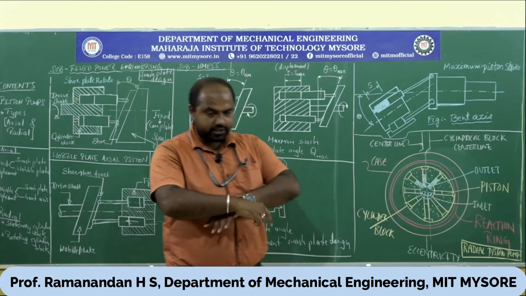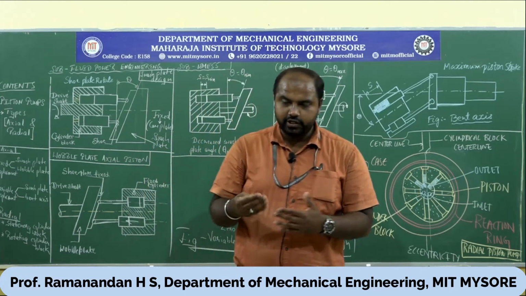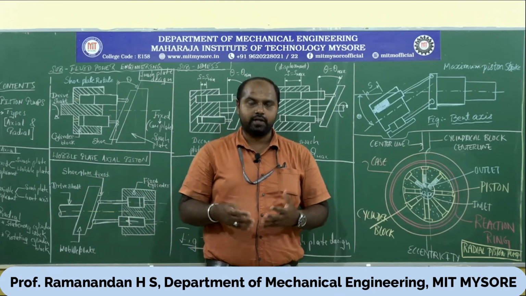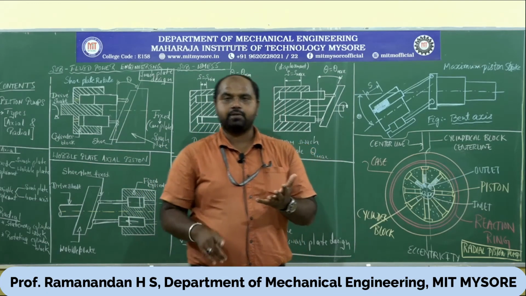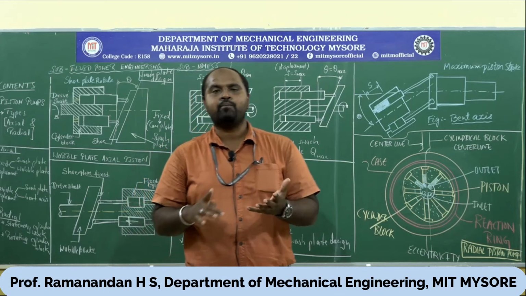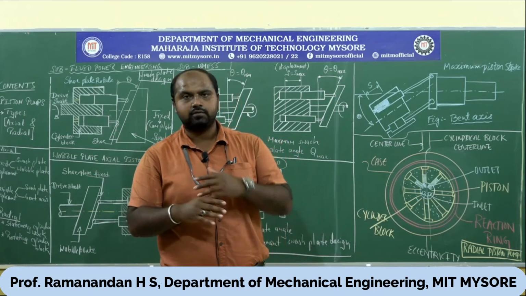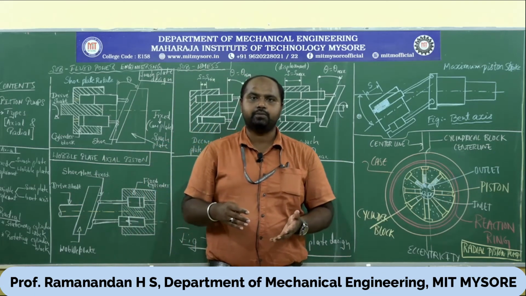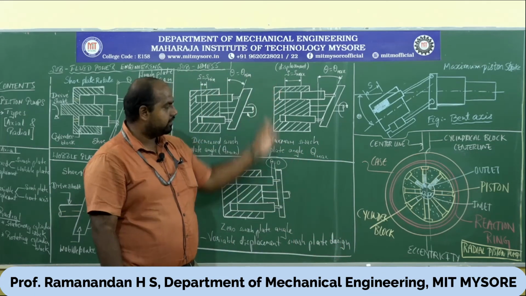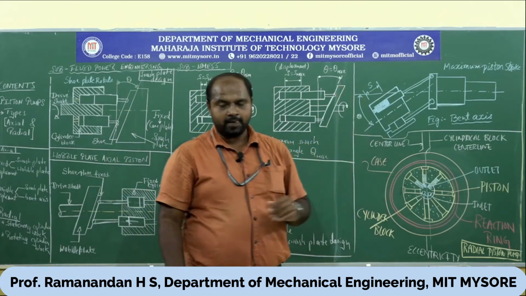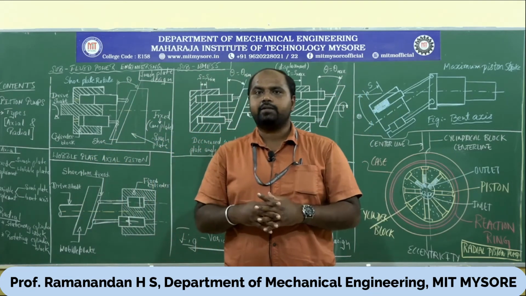These are usually the few cases of axial piston pumps that we obtain. I repeat, axial piston pumps are of two types: fixed displacement, under which are swash plate and oval plate, and second, variable displacement, under which you have swash plate design and bent axis design. So now we know what the types of axial piston pump are.